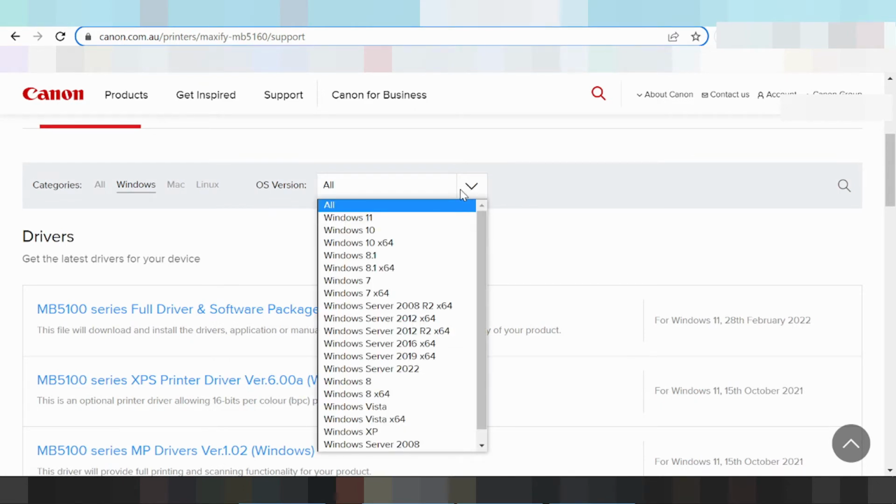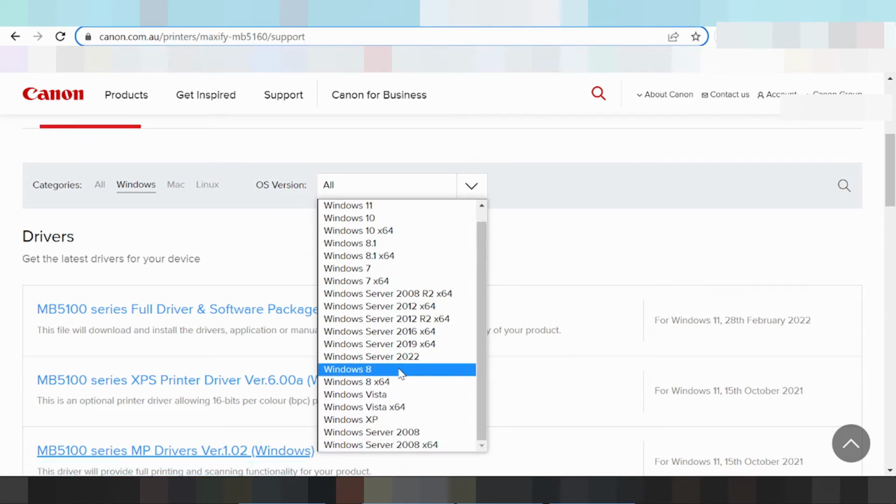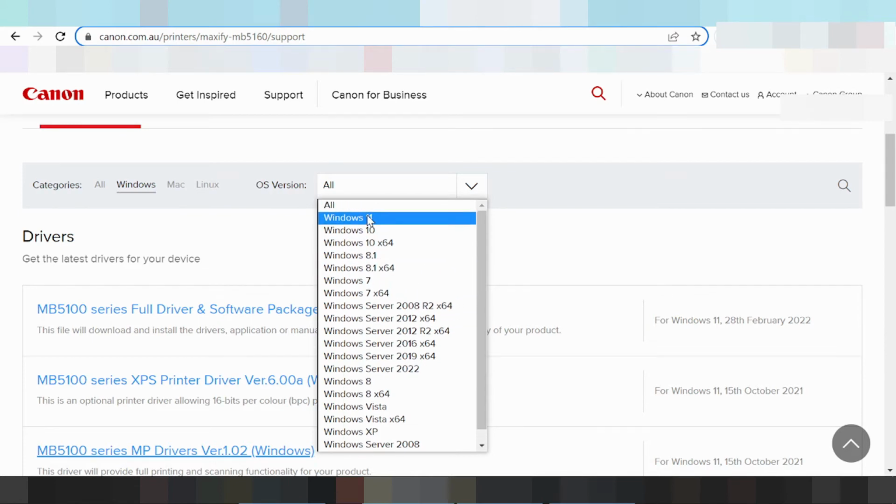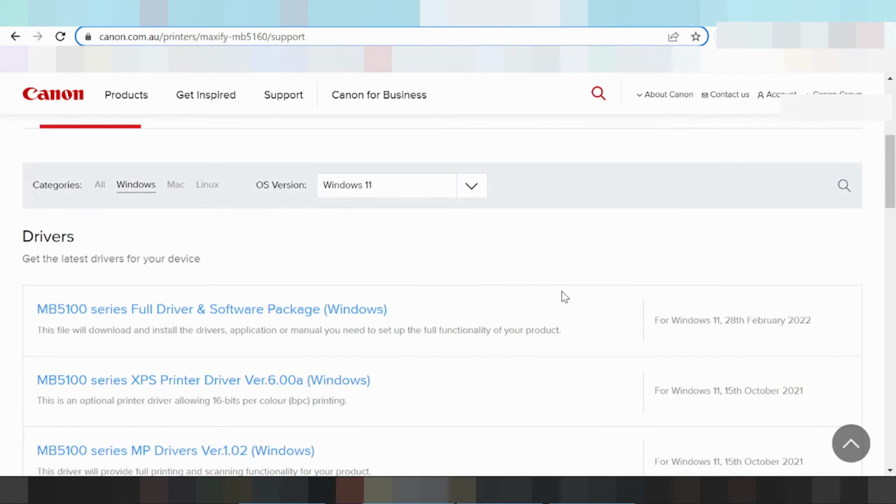Operating system versions for Windows: Windows 11, Windows 8, Windows 9, Windows 7, and Windows Server, Windows 9, Windows Vista, Windows XP, Windows Server again. In this video, I download the driver for Windows 11. Click here, driver for Windows 11, and please wait for the website loading. And this is the release update title, and you look at the newest release update, and I recommend